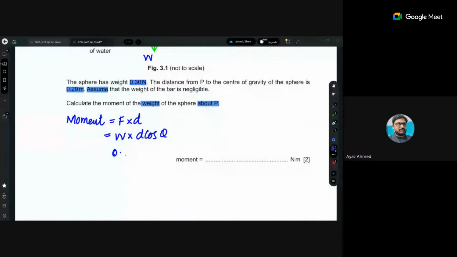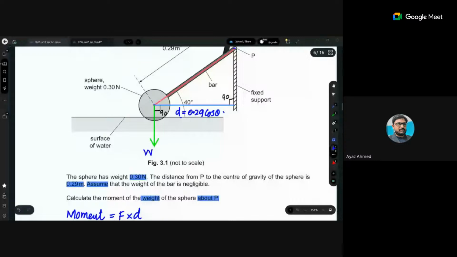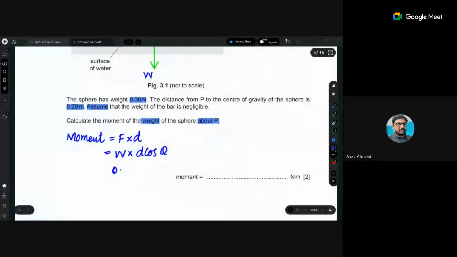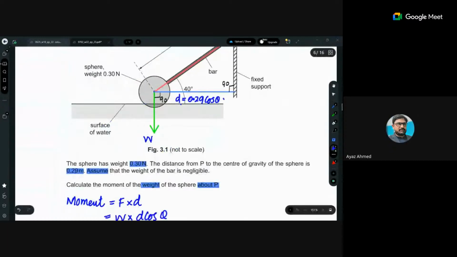Weight कहाँ पे given था? Weight was 0.3 Newton. 0.3 Newton और D आपके पास है 0.29 और cos 40। ठीक है, ये calculations करो जल्दी से, शाबाश।